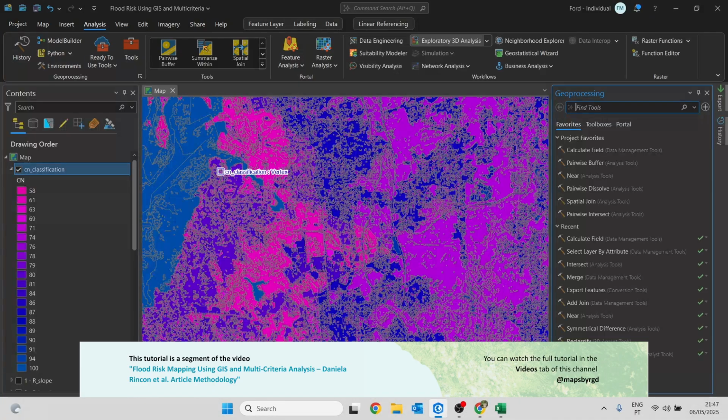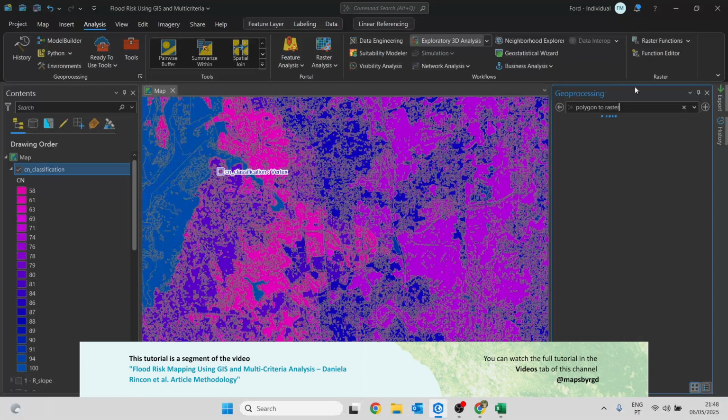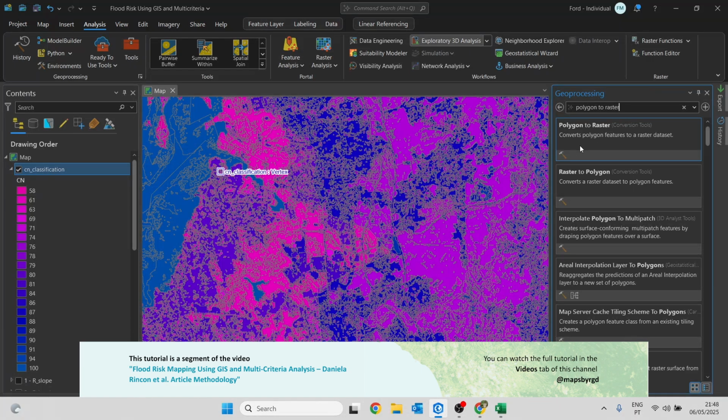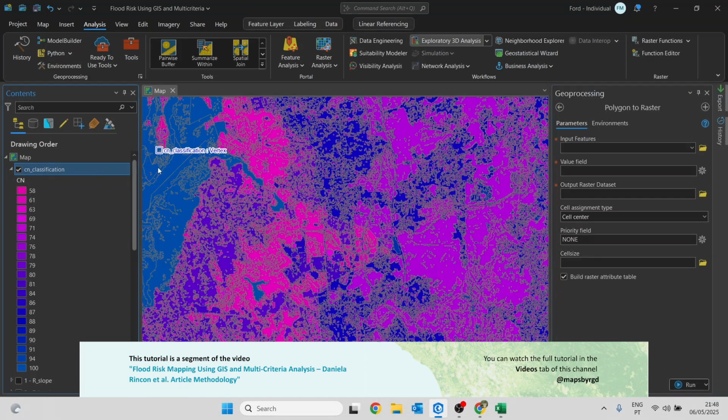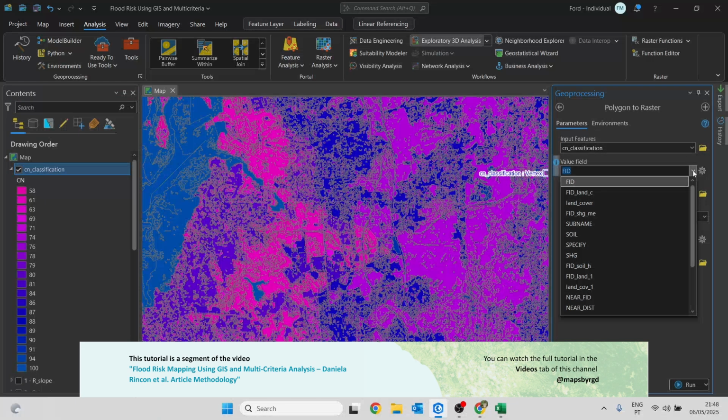So in the geoprocessing, just search for polygon to raster. Click on this first one, drag and drop the CN classification into the input features. The value field will be the CN.